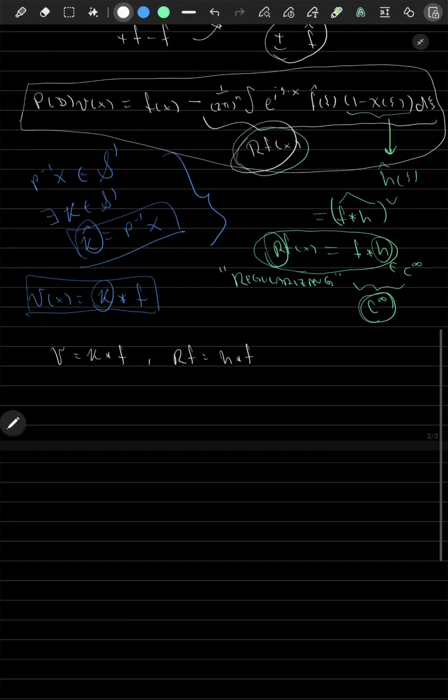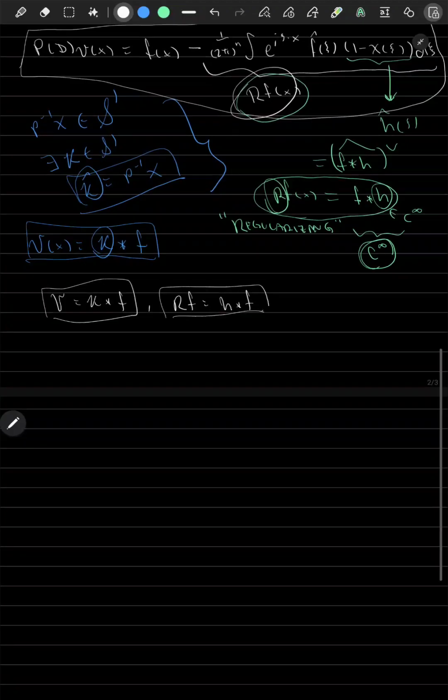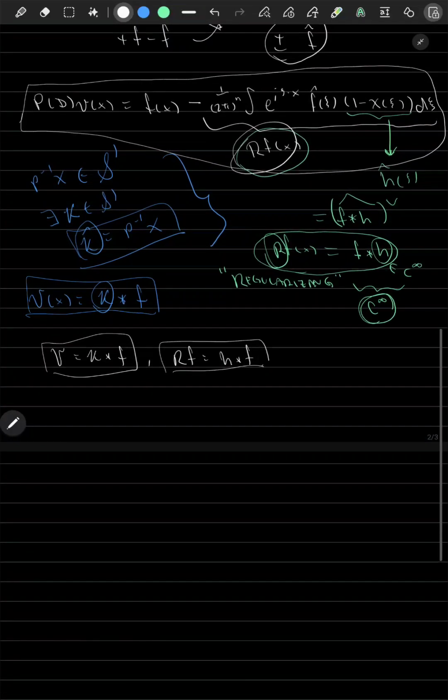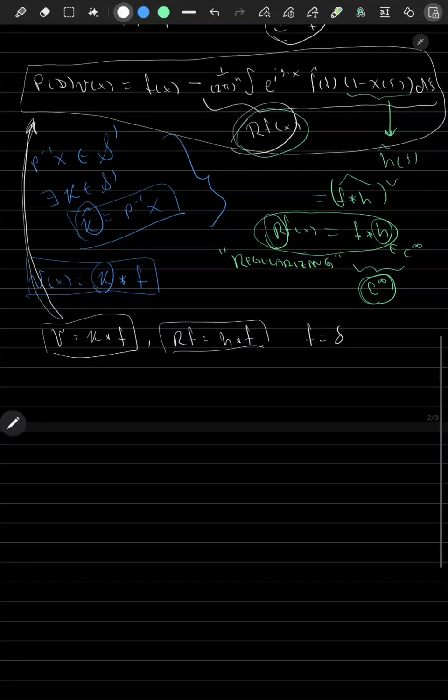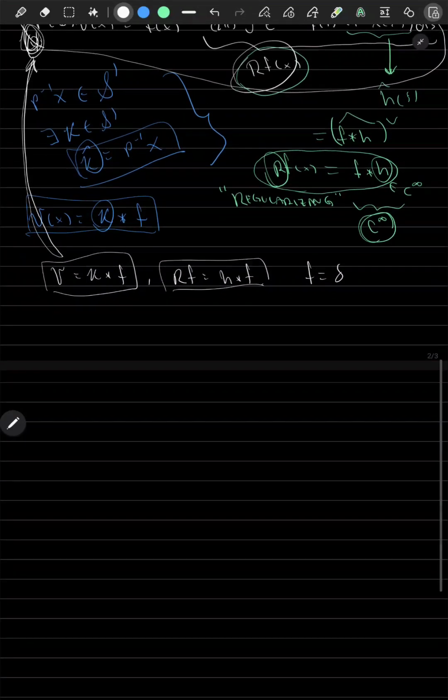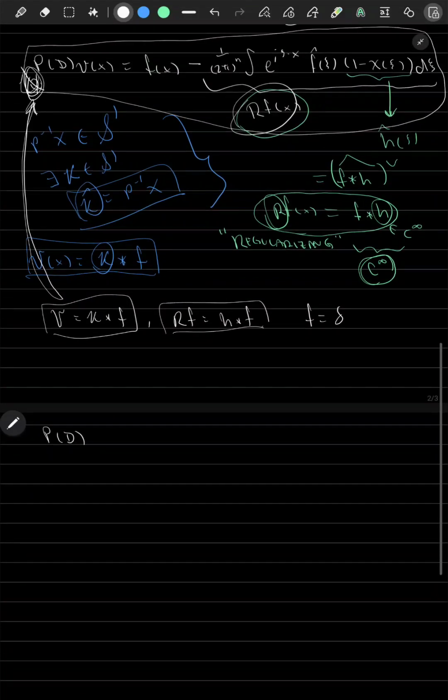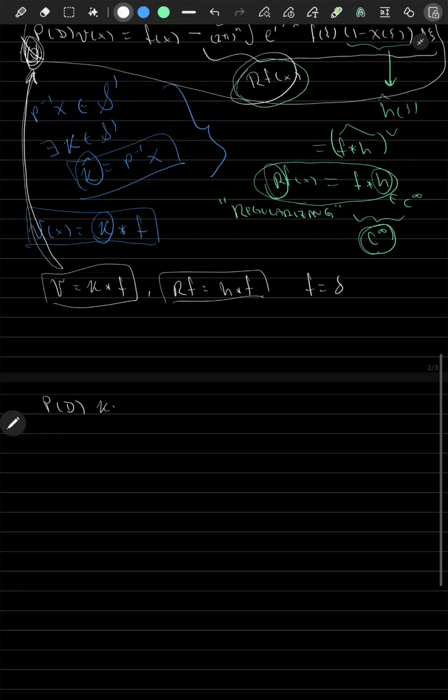But now let's see what we get. So we've manipulated some terms, and we've actually characterized V by a convolution. We've characterized R by a convolution. So let's try to substitute this back into the main equation that we have, which is the one for the PDE up here. And since we're searching for a fundamental solution, let's take F to be the Dirac delta. Okay, so this equation here would turn directly into P of V is K convolution F,